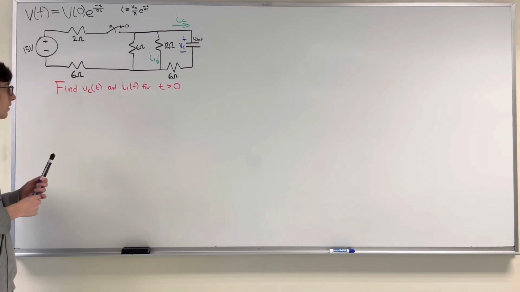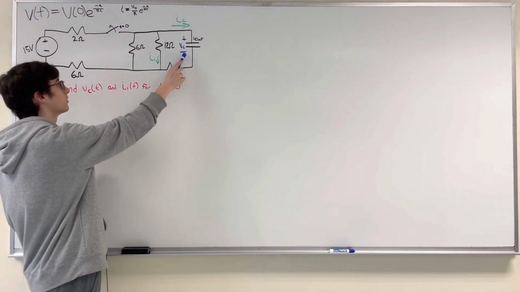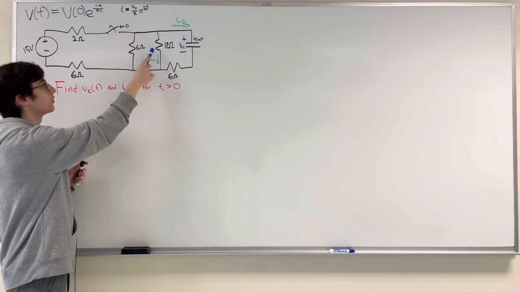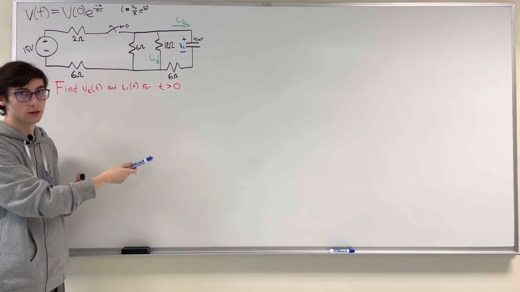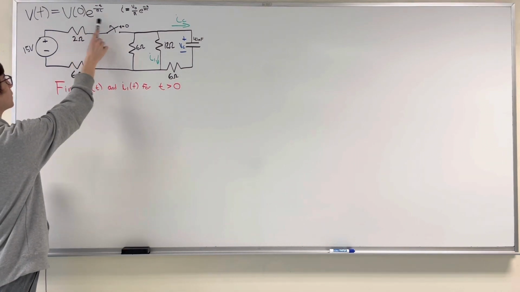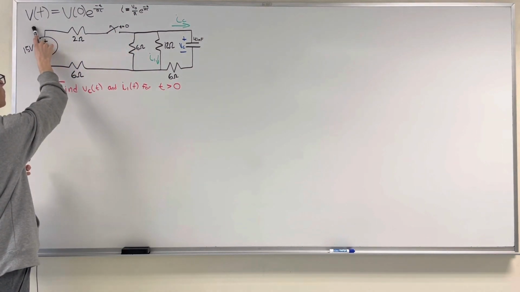The question is asking us to find the voltage across the capacitor for time greater than 0, and to find the current flowing through this resistor for time greater than 0. To do that, we're going to need these two equations up here,